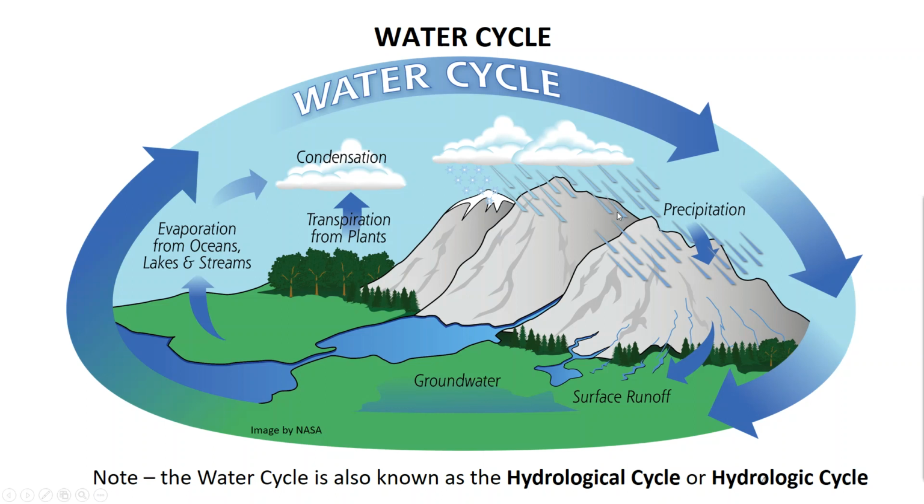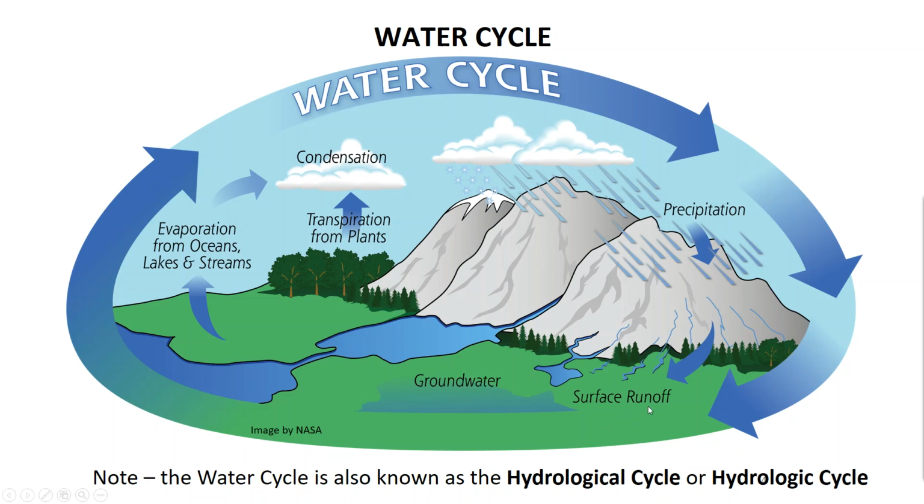Same with the rain, it lands on the land, flows downhill into streams, and then the streams flow into rivers, rivers flow into lakes or coastal areas. Some of the water that hits the ground is actually going to soak in. It's not going to flow over land, it's going to soak into the ground, it's going to become groundwater. The groundwater either sits below the ground and makes its way towards the lowest points, or it can actually resurface as springs and things like that.